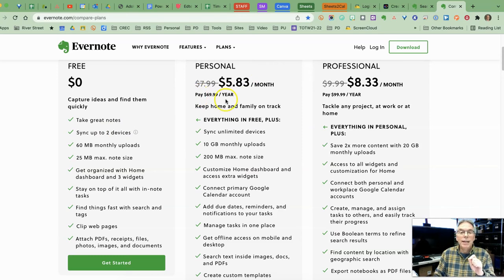Now, right now, that's $70 a year. I joined a long time ago, so I'm grandfathered in. I pay $39 a year out of my pocket because it's worth it, because I also save personal things in here. I have a personal stack as well as a work stack. But I can save up to 10 gigabytes monthly instead of just 60 megabytes, and I can sync unlimited